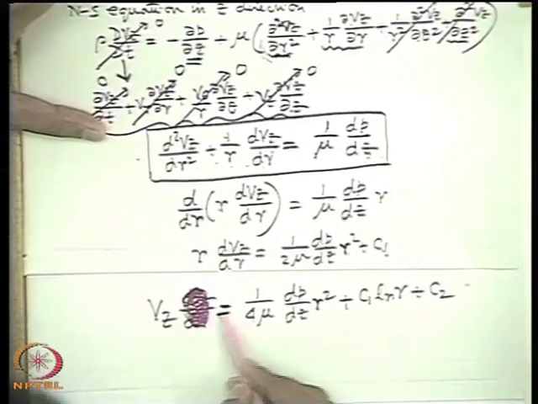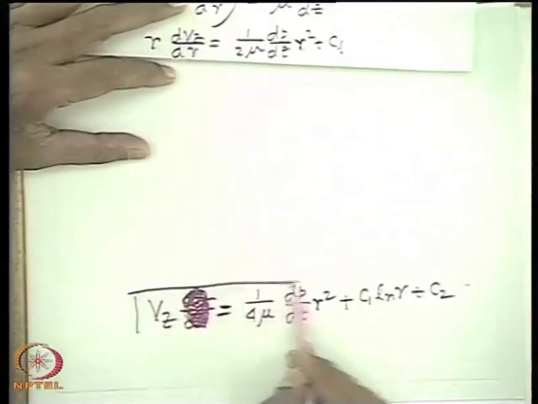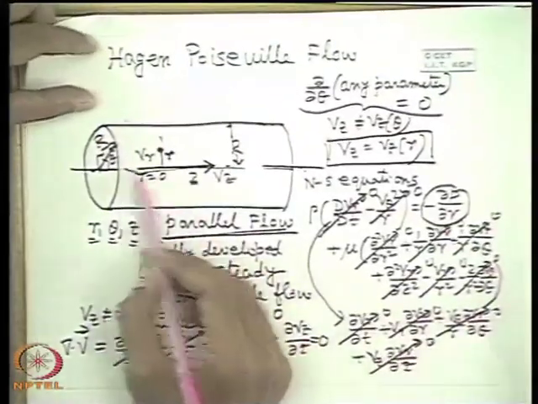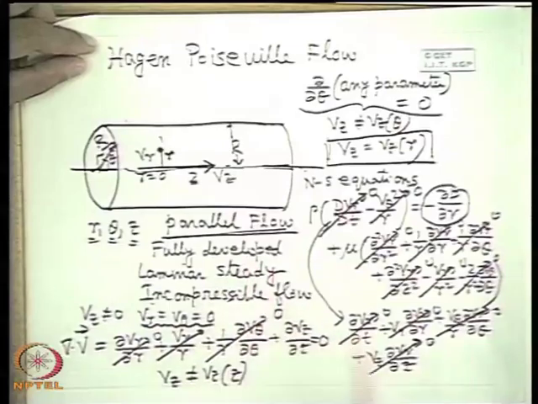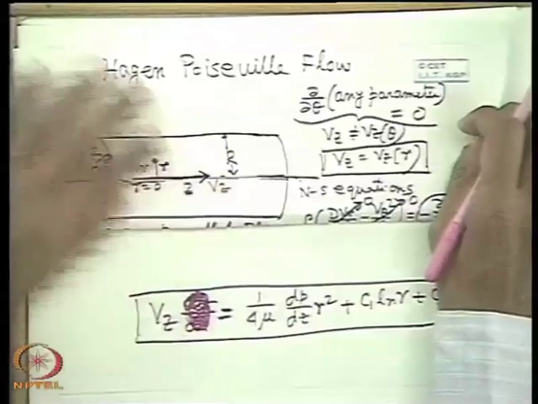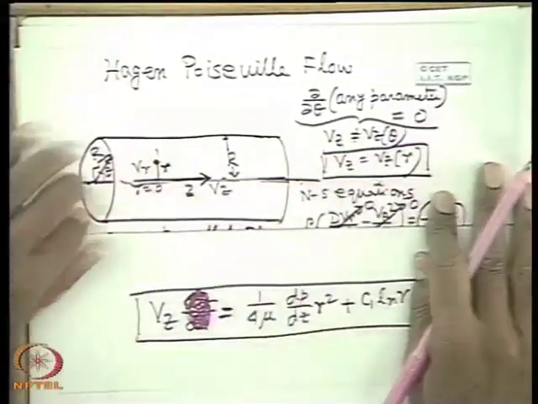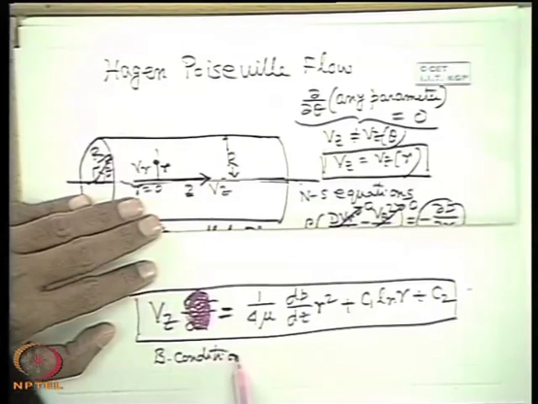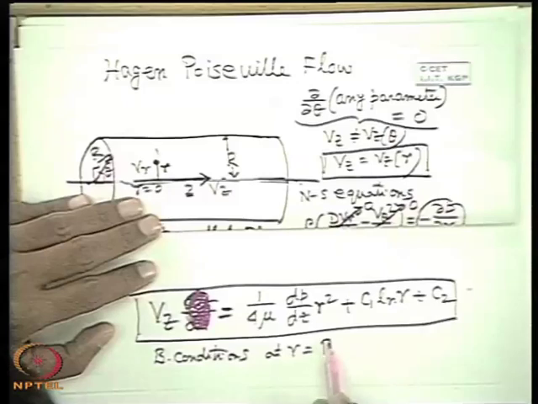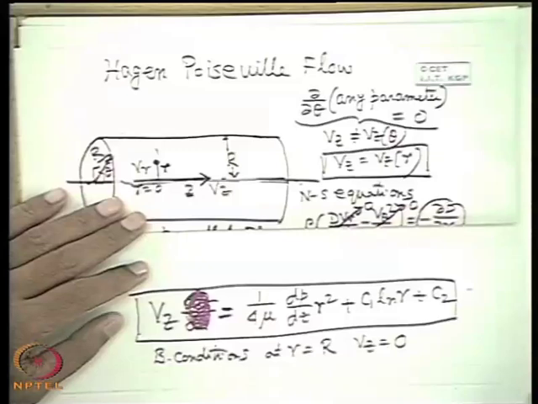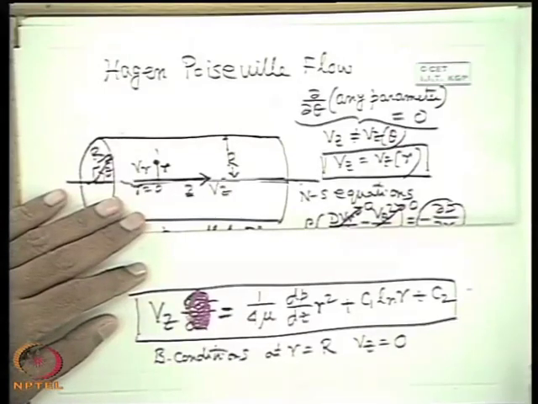Alright, very good. So this is the solution of the differential equation. Now you tell me what the boundary conditions are to find C1 and C2. You must have a look at this picture. What are the boundary conditions? This is the flow. At r equal to R, Vz is equal to 0, but that is one boundary condition. Then what to do about C1 and C2?